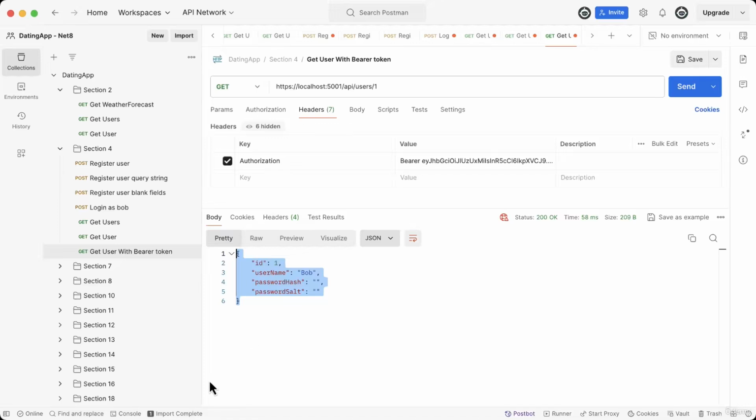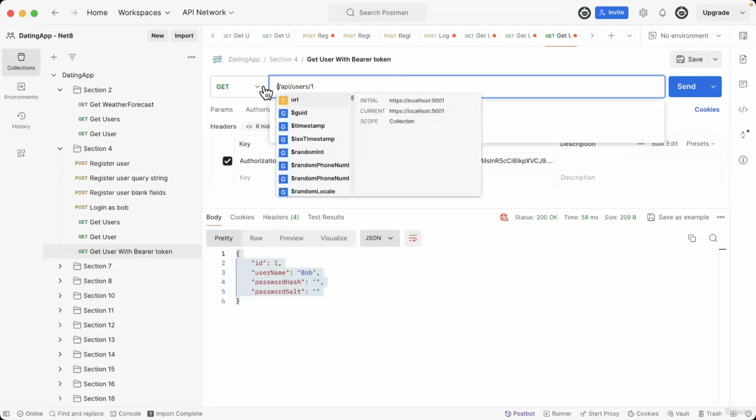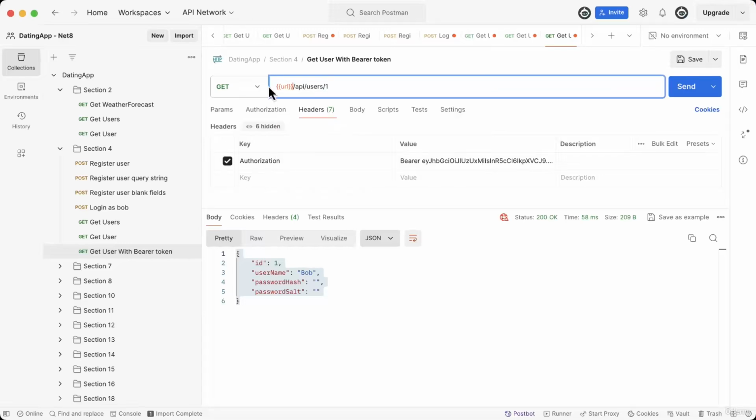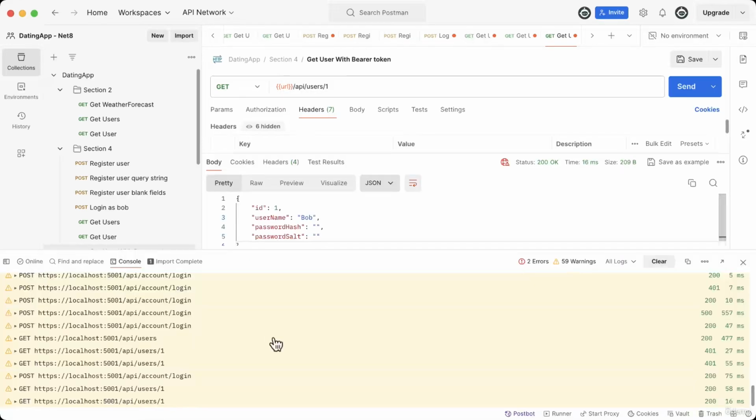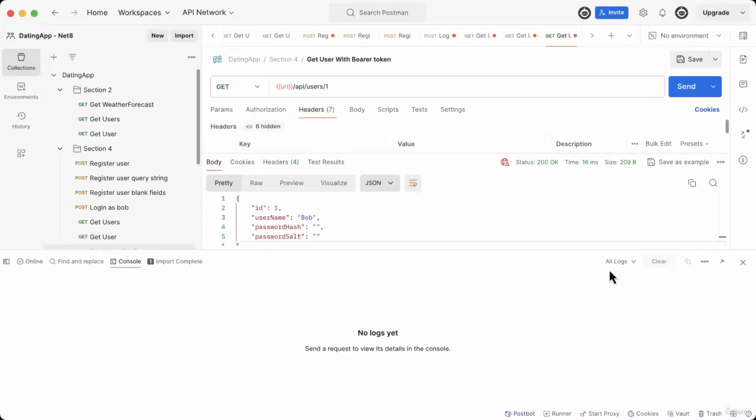Just another point with Postman as well. Sometimes, especially when I hide the URL, and not in this one, so let's just do the same again here, just to be consistent, and say URL, when I send this request, it's not immediately apparent what URL we've sent it to, but we've also got a console inside Postman. You might find this quite useful to use sometimes. If I just clear this using the clear button and then send the request again, then we can see the